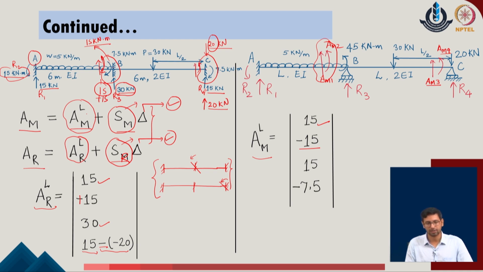We realize that at this joint the contributions are only with respect to the member BC. So, we will directly take the values which are available over here. The first value of the shear is 15, which is positive, and the second value of the moment is 7.5 in the clockwise direction, which is negative. So, knowing these values, now one can easily calculate the associated values of the net moment, net member reactions and the external support reactions of the given system.